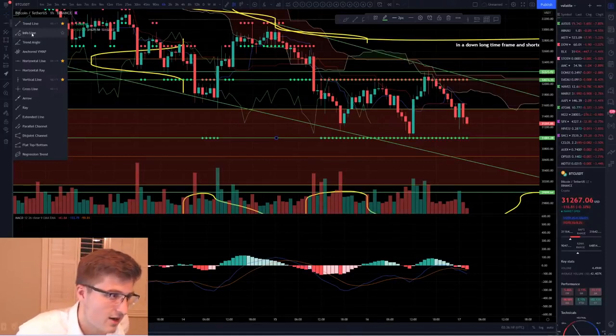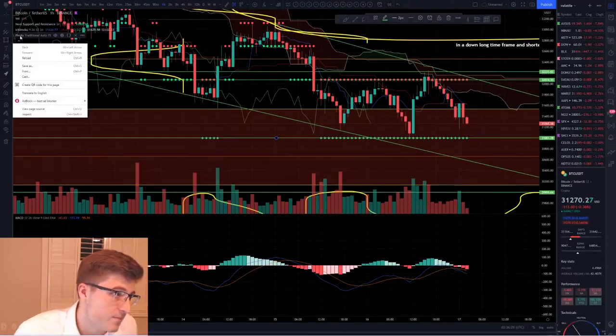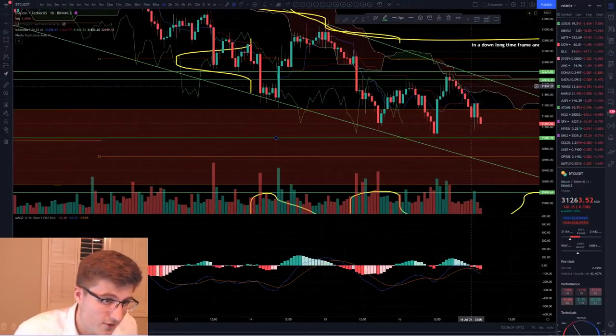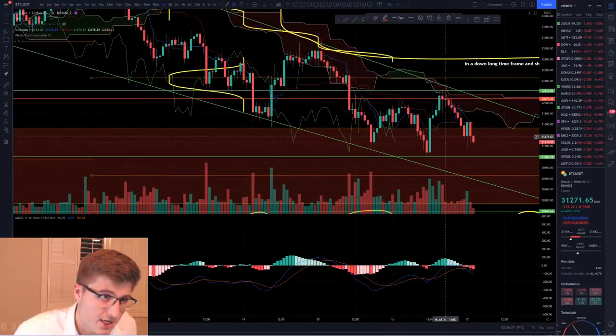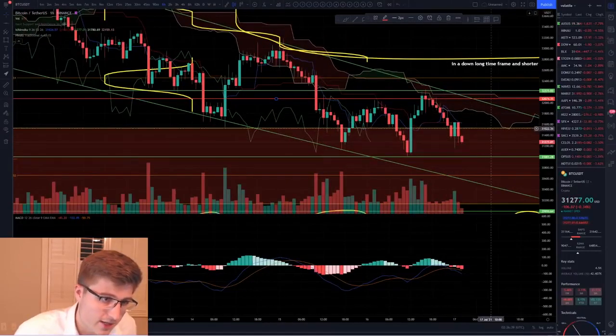You're just taking less profits on the shorter time frames. You're taking more on the longer because you're waiting for the top of the range or you're waiting for key levels. The shorter ones are just trading in between. And yeah, that's kind of how it goes. But for the most part, this is our resistance level at this 32K. Let me turn this red. And then we're in this little range as of right now. This is the range. We found the range.